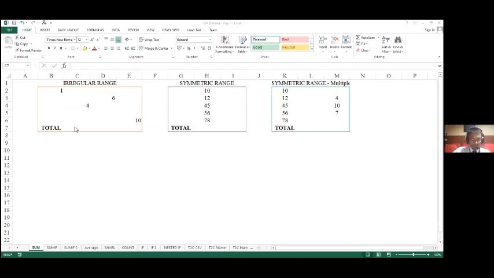Now, if we were not using the formula functionality, then we would have to tell Excel to pick up the values from each of these cells individually, sum them up, and give us the answer.